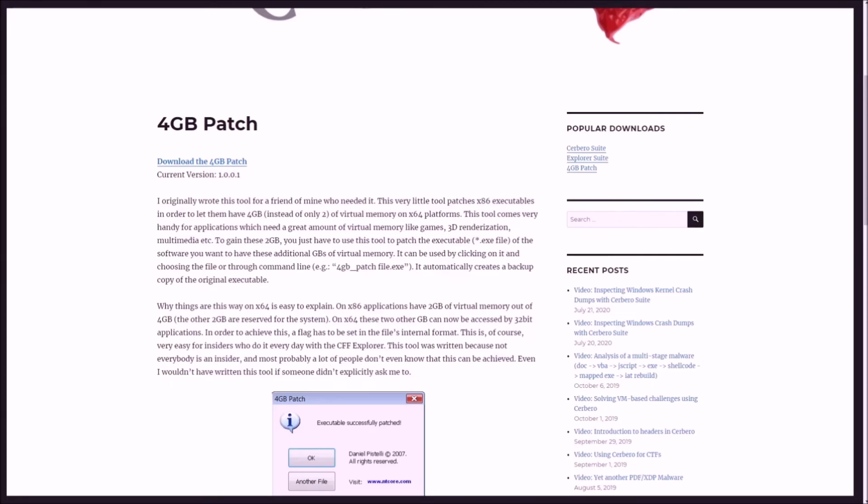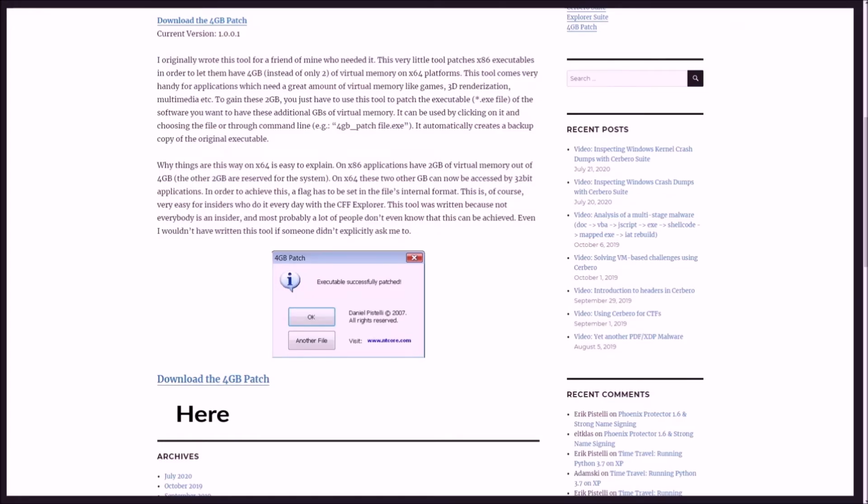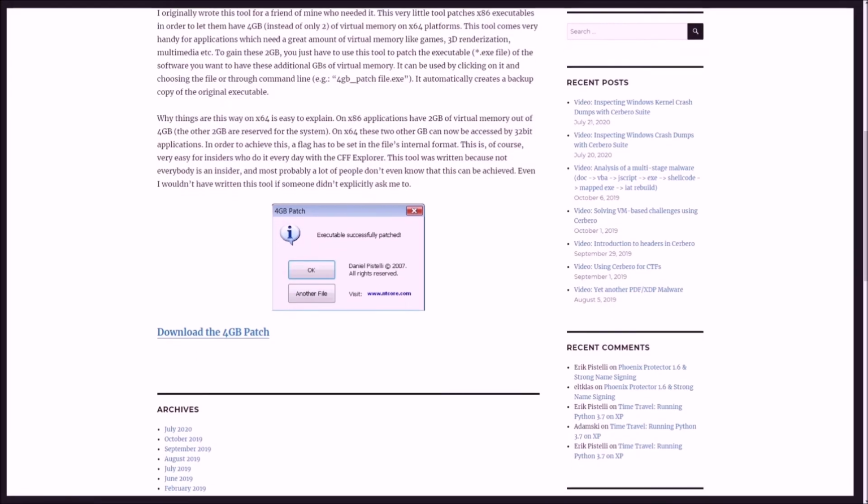So I originally wrote this tool for a friend of mine who needed it. This very little tool patches x86 executables in order to let them have 4 GB instead of only 2, of virtual memory on the x64 platforms. So you want to download it, and you can do that down here on the downloading. And when you've done that, you can have it any place you want, and then run the actual program,